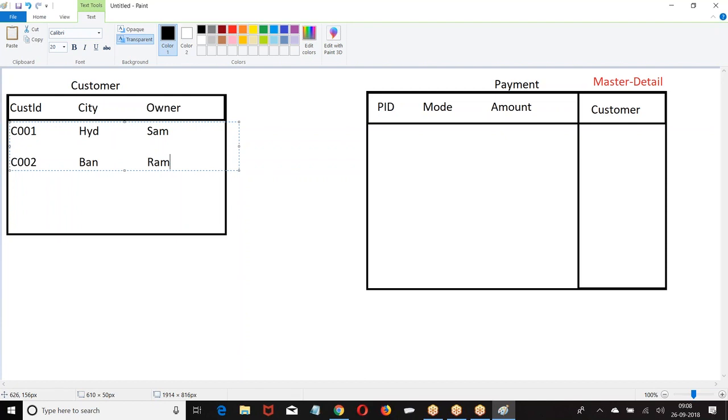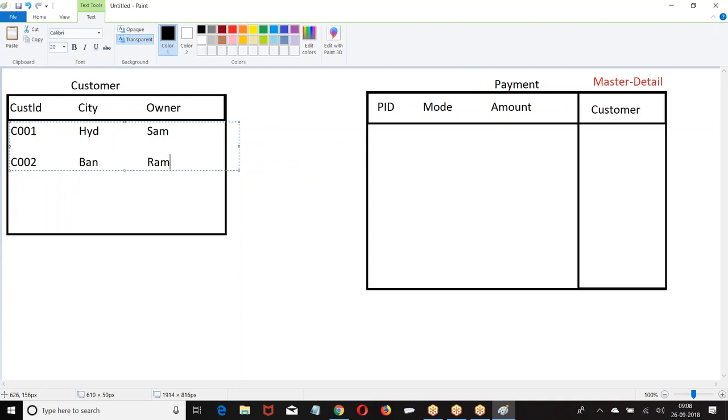Master detail can be created only on those custom objects which do not contain any data in the table. If the table already contains data, we will not be able to create a master detail field.